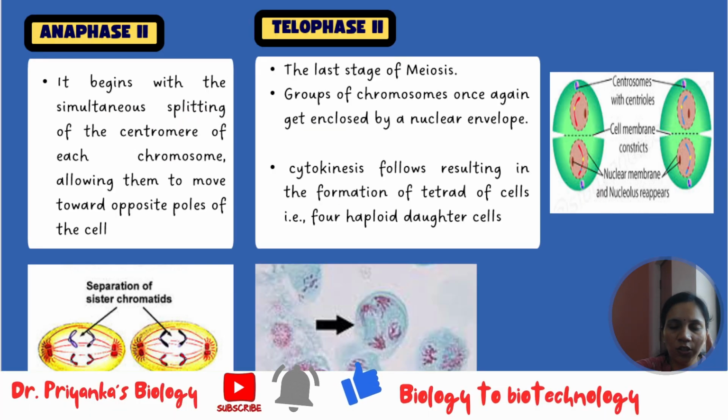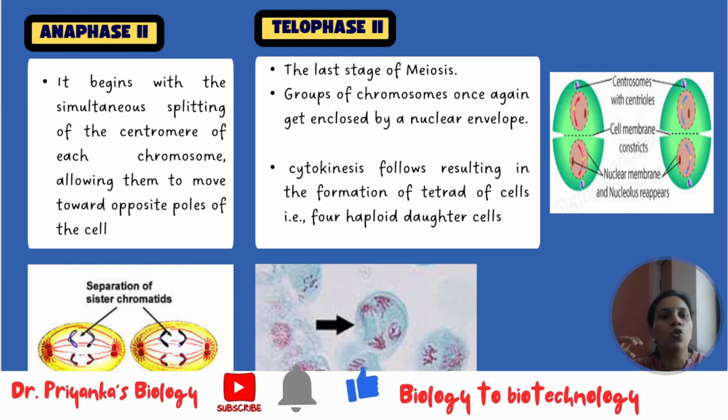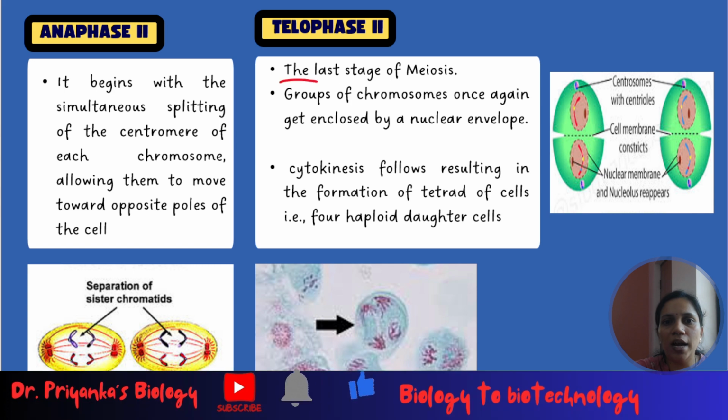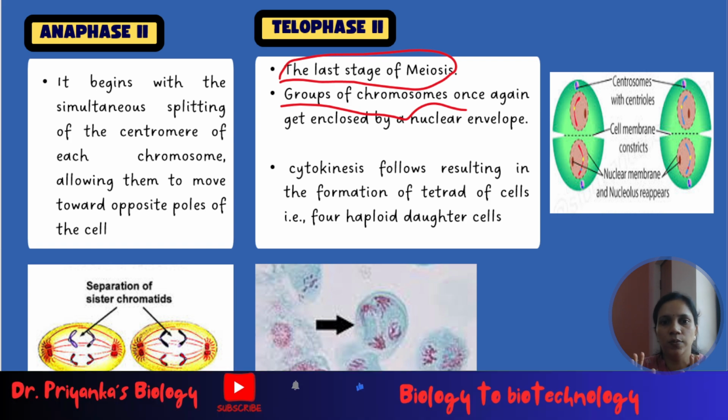So the next phase is anaphase 2. What had happened in anaphase of mitosis? There was splitting, or the pulling apart, of the sister chromatids. Same thing is happening in anaphase 2. It begins with simultaneous splitting of the centromere of each chromosome, allowing them to move towards the opposite poles of the cell. Then next is telophase, the end phase of meiosis, the last stage. Here there will be formation of the nuclear envelope around the groups of chromosomes, and finally there will be cytokinesis, that is separation of the cytoplasm,